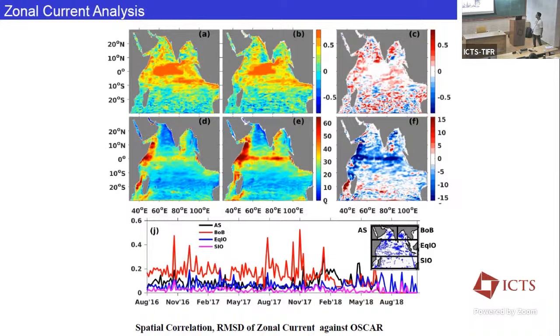So what we see here is that our assimilation has improved the surface current estimates across most of the region. Okay, there are certain patches like here and so, where there are some degradations, but over most of the region, it has decreased the RMSE. It has improved the estimation of the surface currents. Okay.